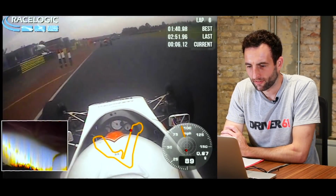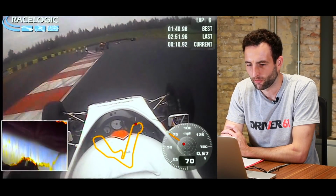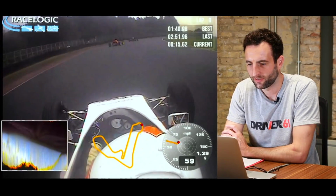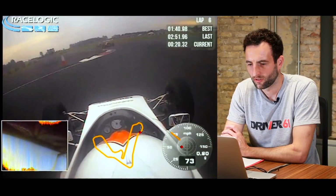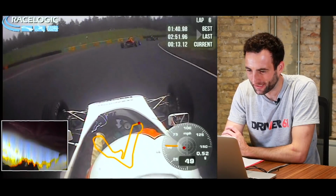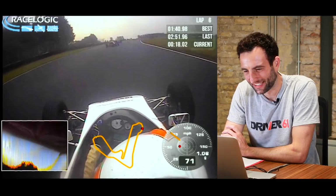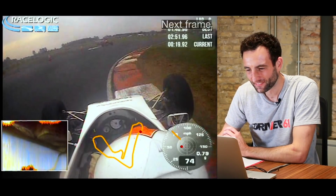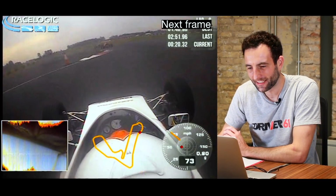So first lap after the safety car, looking pretty good. The car's pretty well balanced. If you watch the steering wheel, you can see him making some tiny adjustments. Decent exit coming out of turn 2. Whoa! And you can see there he's probably on the limit of being legal in terms of how much curb he's taking through the chicane. Let's just run through it again. So he's fine here. Look at that, it's perfect on the right hand side of the tyre. And then, I mean,